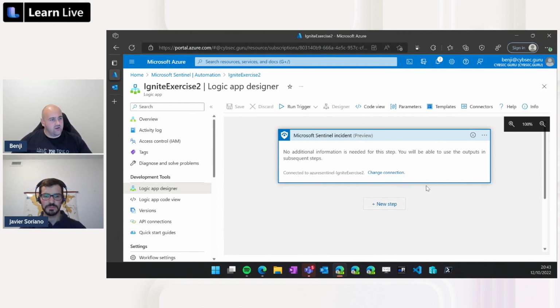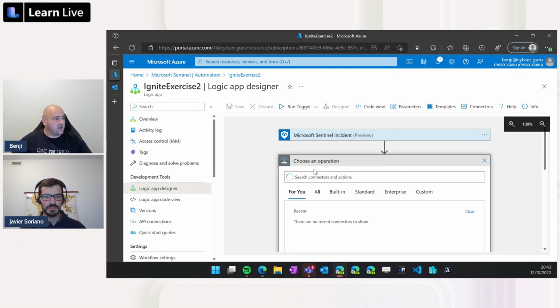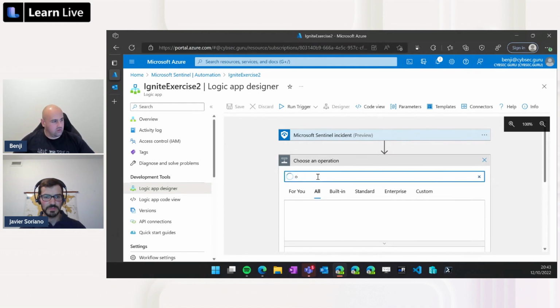As I can recall, Javier, we mentioned that we want to send an email, right? That's correct. Yes. Okay, so in this case, that will be the new connector. And now we'll be utilizing the Office 365 Outlook connector.